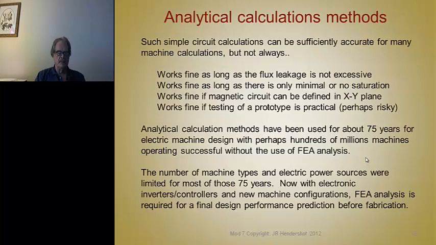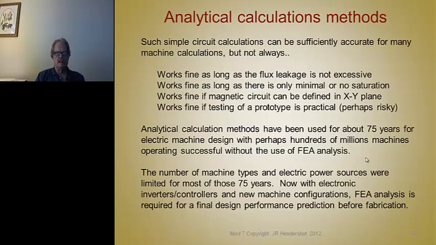If the circuit could be defined in the XY plane, in one plane, it's not a 3D magnetic circuit. Like hybrid step motors, the flux path takes an orthogonal path. It's in 3D, and so that would be very difficult to calculate using analytical methods. That's a case where